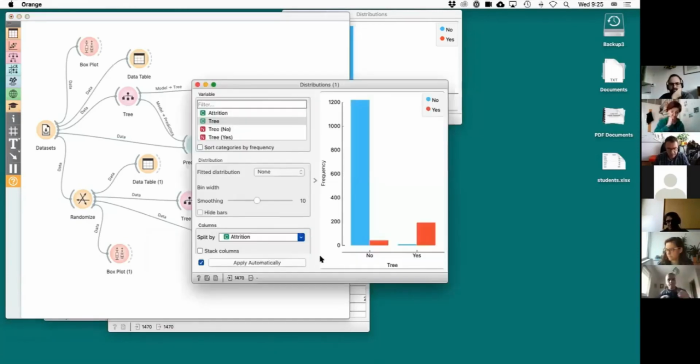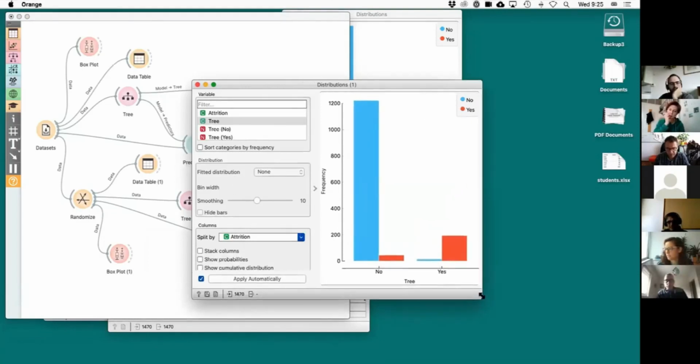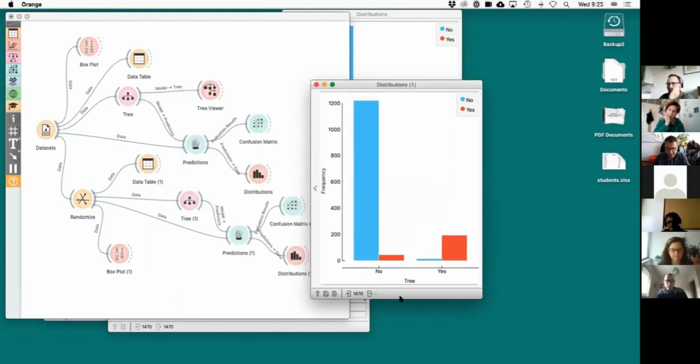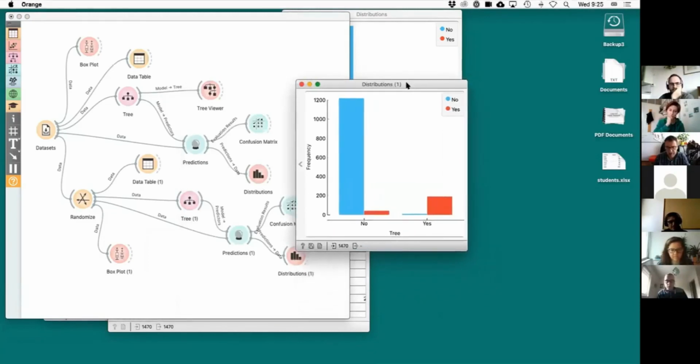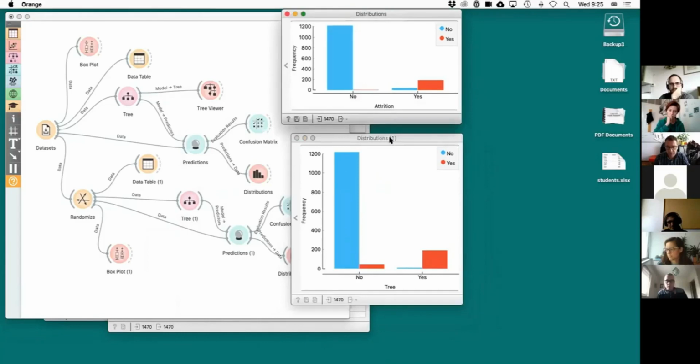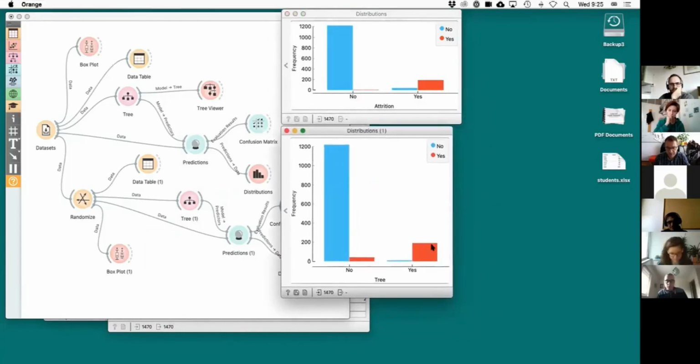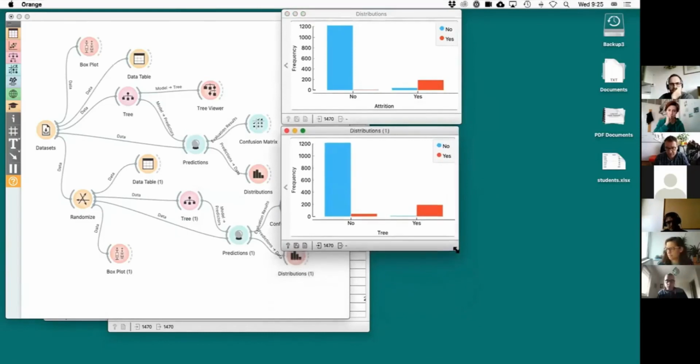And then I get this. So the tree and the attrition, and this is what I get. And my question is, is that something that I expected or not? Does this look good? Is that similar to this one? This one is on the true data. Is this conceptually much different or is it similar? This actually looks great, right? I mean, this one looks great.